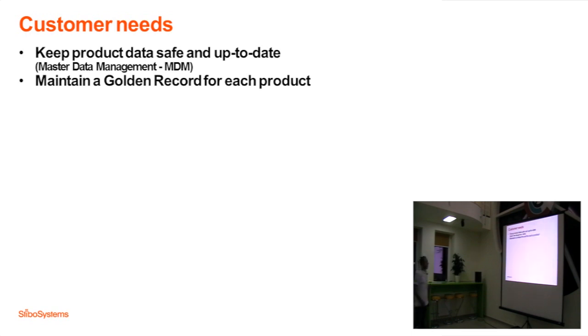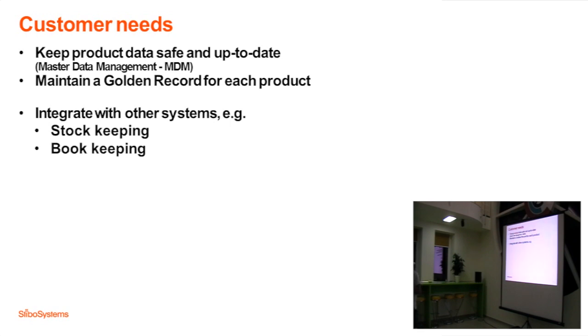And that's what we usually call a golden record for each product. A golden record is that record that really is the truth about each product. So we cannot have any duplicates of the product data. We just need this one place where we can go in and find all information about the one product. But this also means, of course, that we need to integrate to all those systems